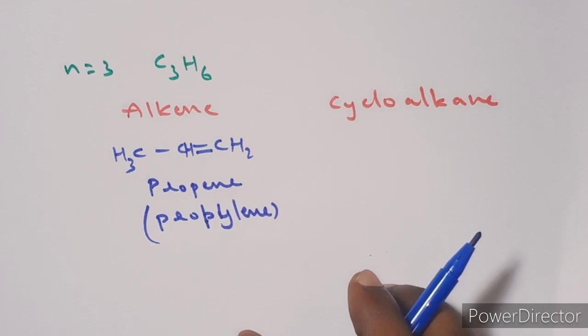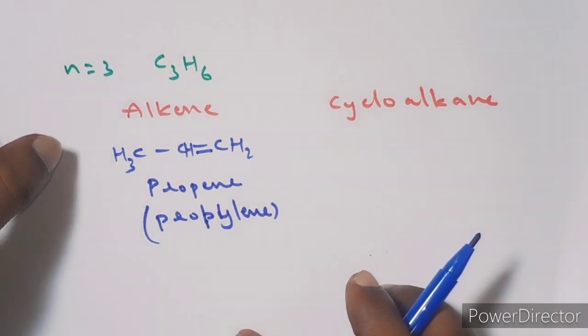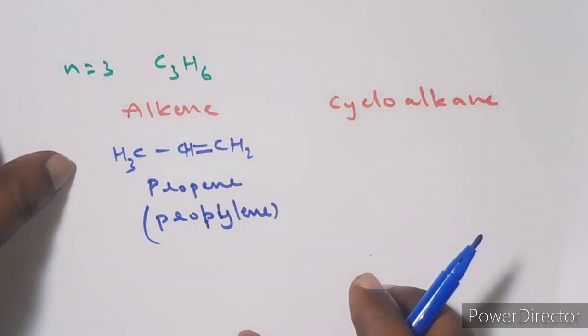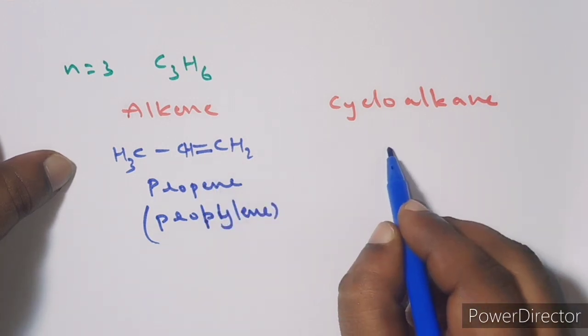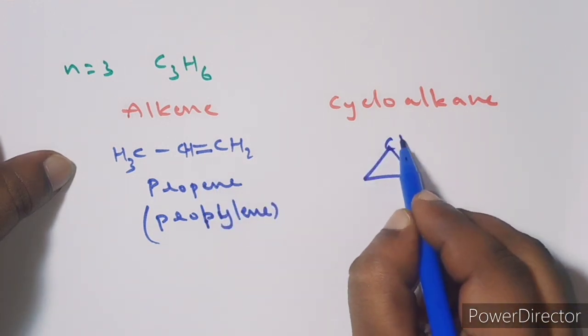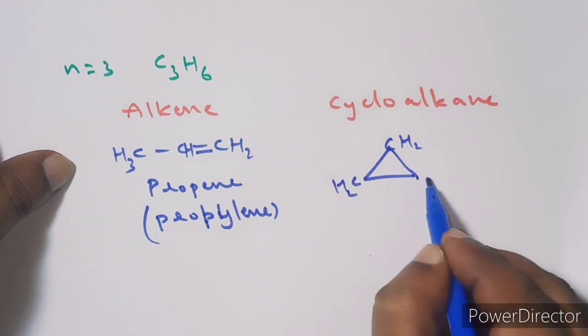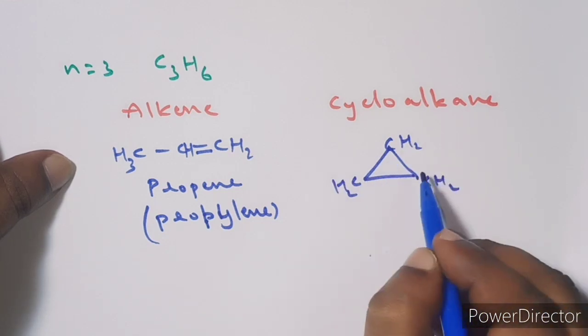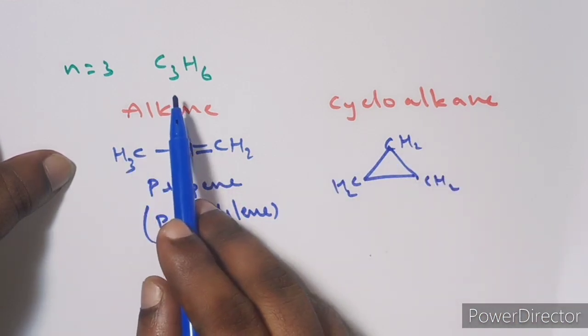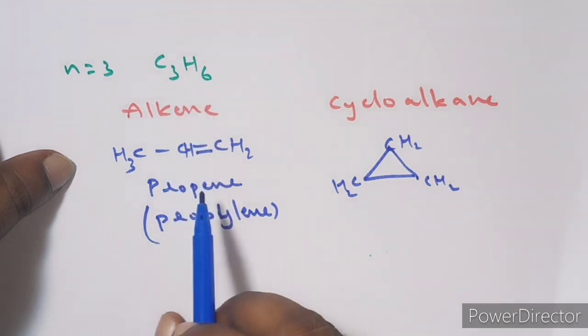Okay, and can you write any other propanes here? No, we cannot write other propanes. Only one propane is possible. Now, with the same formula, we can write the cyclopropane. You can see that here it is CH2, CH2, CH2. Here, see, the number of carbons is 3 and hydrogens is 6. So the number of possible isomers of the C3H6 molecular formula is 2.